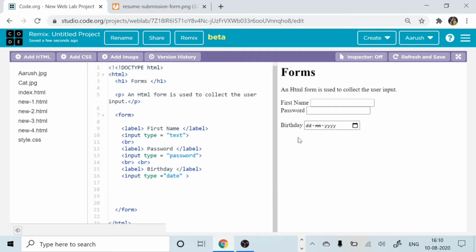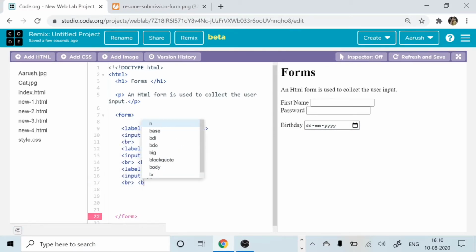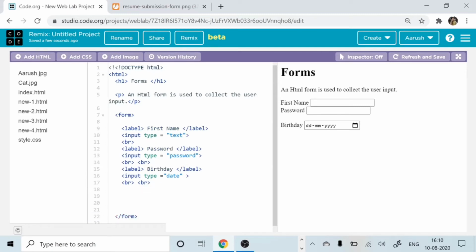Okay, great. Now let's talk about the radio buttons, right? Suppose after the date of birth, I will put a break tag, close it over here. Then again, I'll open the break tag, close it over here.